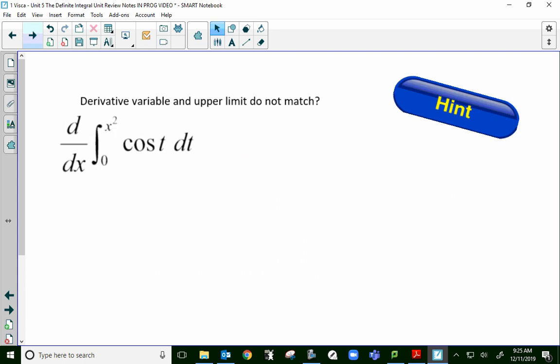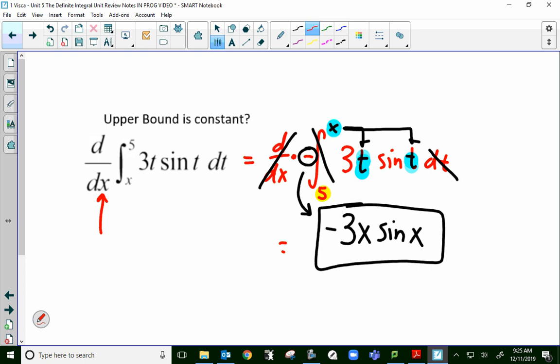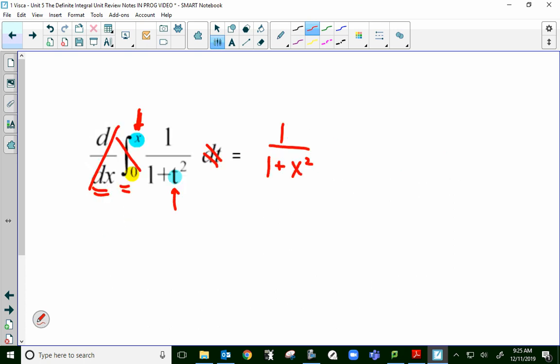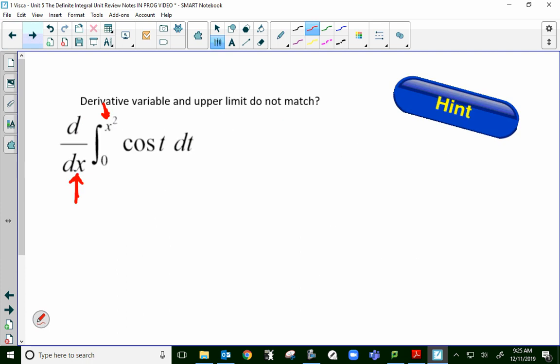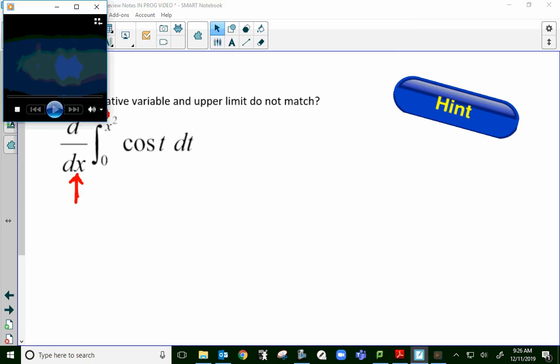But what happens if the derivative variable and the upper limit do not match? What does that mean? See, this is an x on the bottom here. This is not an x, it's x squared. Here they matched, x and x, I flipped it, right? Here they matched, an x and then x. Now we have an x and an x squared. Hint,